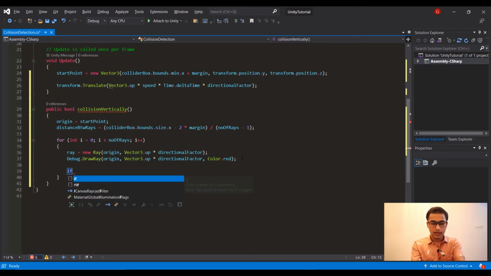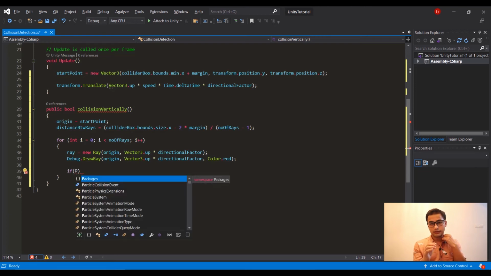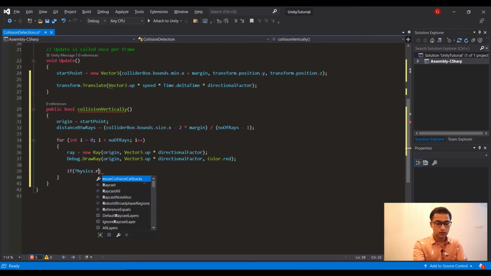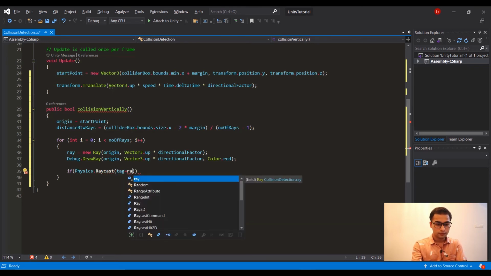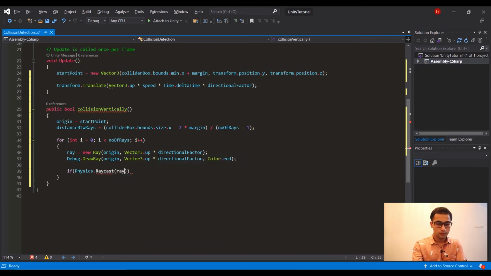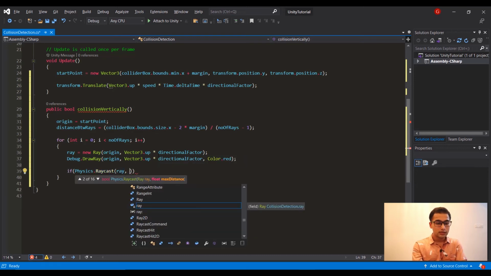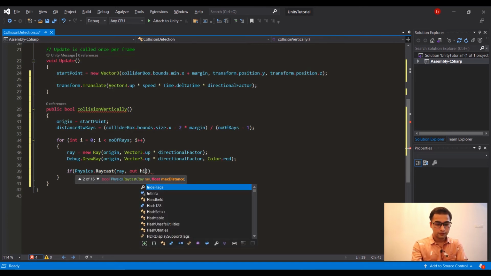Now I am just checking if this game object is colliding with another game object. To check that particular condition, I am going to write Physics.Raycast, and here I am passing my ray, then out hitInfo.